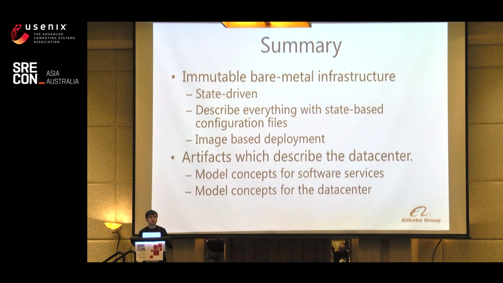So let's go to the summary. What I want everyone here to take away is, first, to build an immutable bare metal infrastructure, we need to think about 3 things. The first is to make the controller a state-driven controller. It is not that difficult, because our state machine only has 5 or 6 states, so you can just think about how to build the state machine. The second is how to describe everything with state-based configuration files. And the third is to make image-based deployment